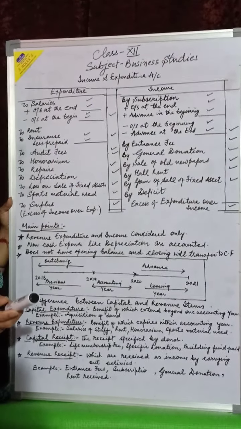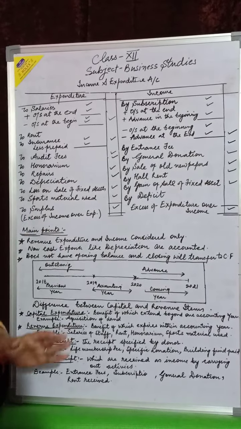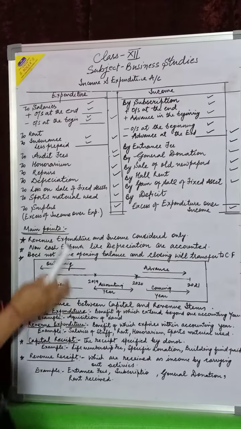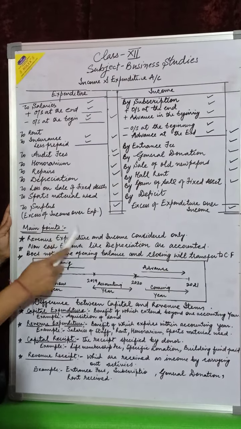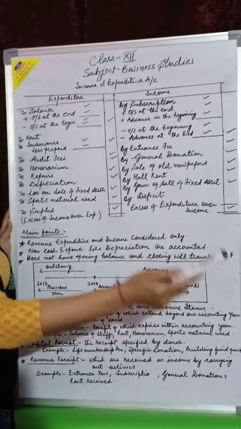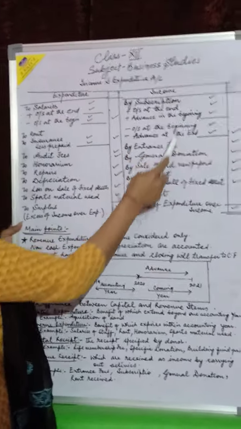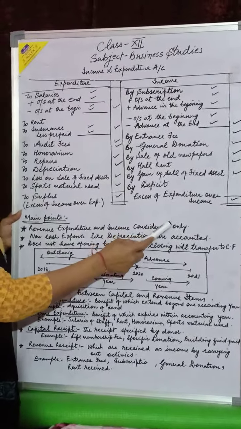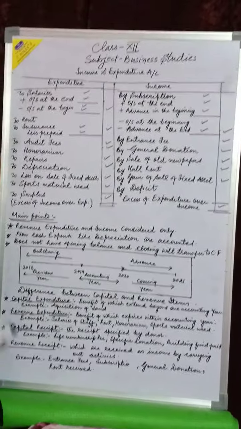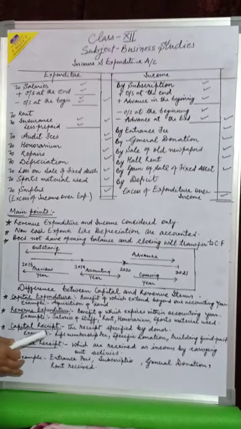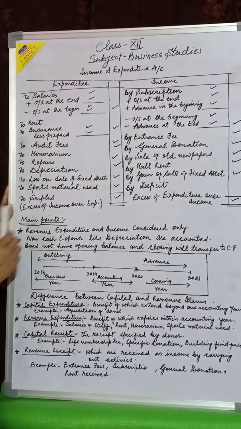As the P&L account shows all the expenses and losses on the debit side, here all the expenditure comes on the debit side. In the P&L we took all the incomes, and here we also take all the income of the income and expenditure. I just want to tell you that this is a nominal account, and before starting you should know the main points of the income and expenditure account.